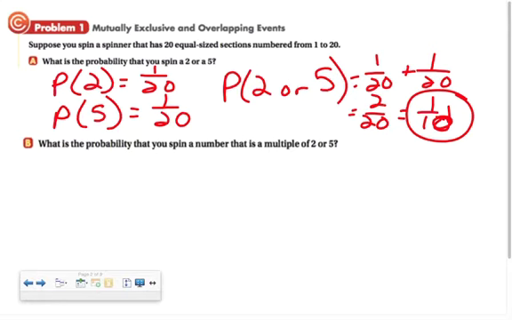And certainly, if that was a little bit more writing out the process than you needed, write down what you need. I want to make sure that I'm showing enough so that everyone can catch on to what's happening in this lesson. So in part B, what is the probability that I spin a number that is a multiple of 2 or 5? Okay, so multiples of 2